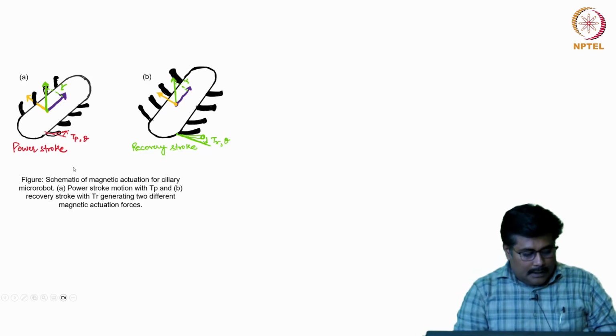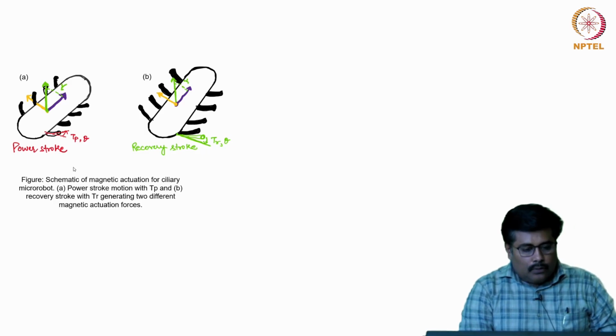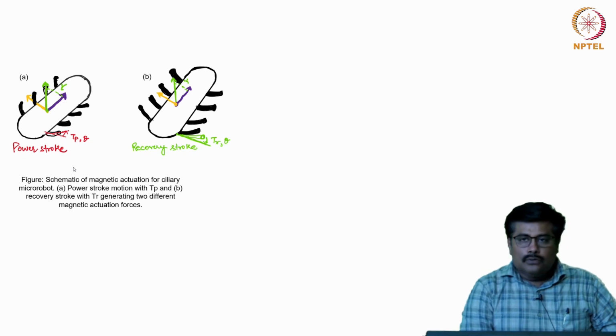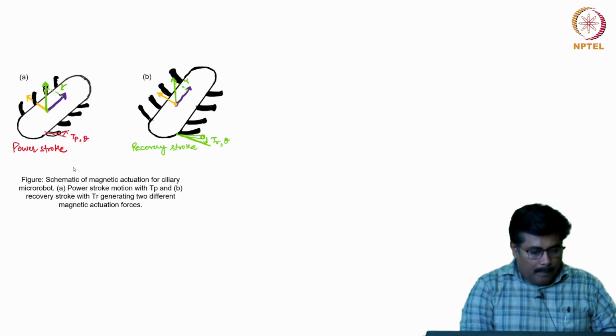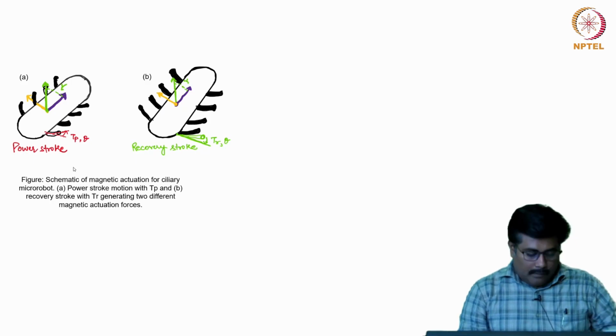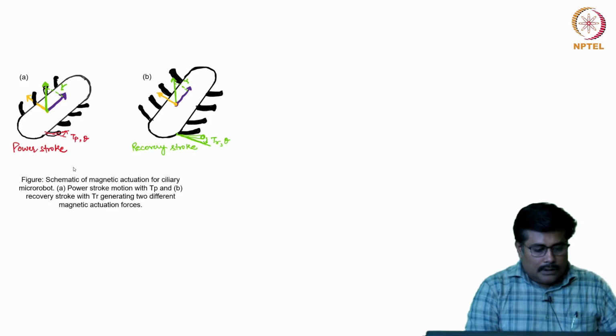Now, as far as this particular structure is concerned, when we closely observe, there are two important aspects which contribute towards the locomotion. One is called a power stroke, and the other is called a recovery stroke. In both cases, either power stroke or recovery stroke, it is actuated using